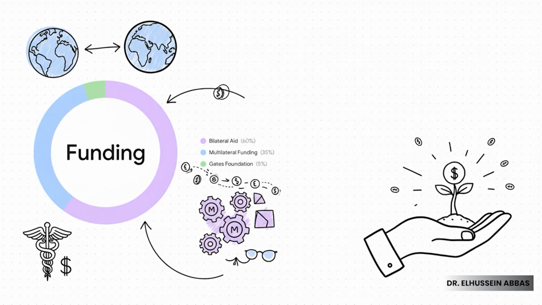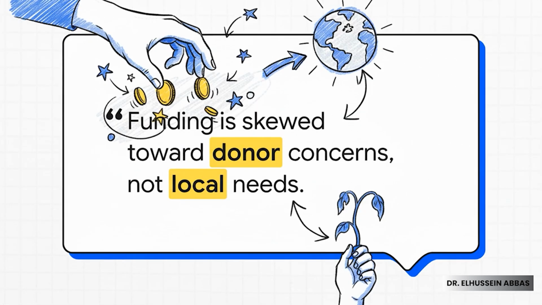Now, to really get the system's flaws, you gotta follow the money. This snapshot here shows where the funding is coming from. See that biggest slice? That's bilateral aid, money going directly from one country to another. Then you have multilateral funding, which is money pooled from different countries and managed by big groups like the Global Fund. And then, of course, there are these massive private philanthropies. This setup creates some very specific power dynamics. And those power dynamics create a really fundamental problem. When the money comes from outside donors, it's their concerns and their political priorities that often end up setting the agenda. And that agenda might not line up with the most urgent needs of the people on the ground.